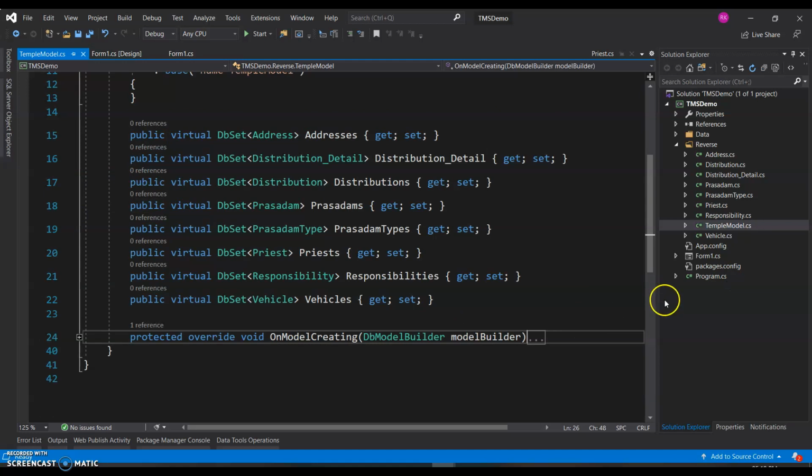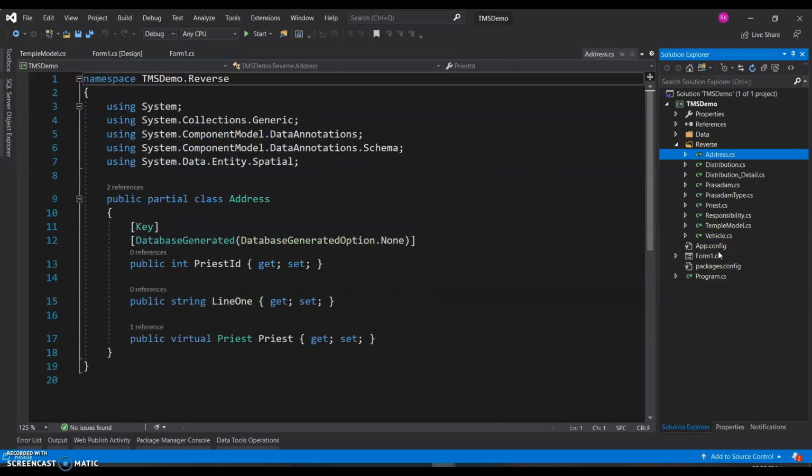And what next? Going forward, let's say you want to do the same things on this. You would want to add a migration, create an initial migration and just take it forward from there. If you want to create some initial data, you can go ahead and create it in the app, or if it's an existing database with a lot of data already there, you might want to skip that step. But from here on, these entities are as good as what we just created. It might also optionally use some database annotations here, which again I do not prefer. I just want to have everything in the Fluent API. It's a lot cleaner way, and it's a lot more powerful than these annotations.